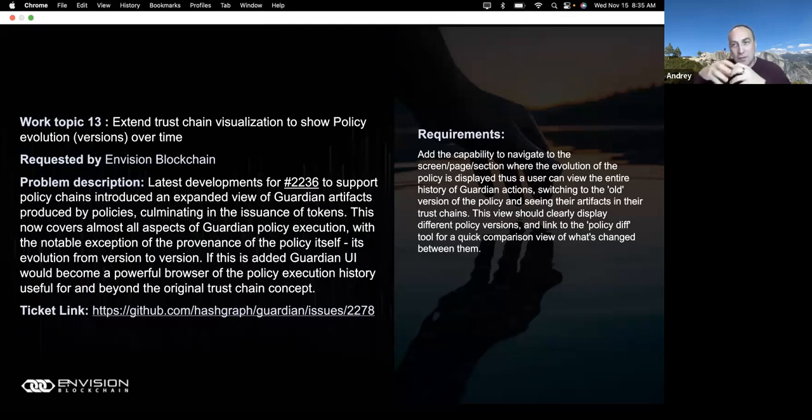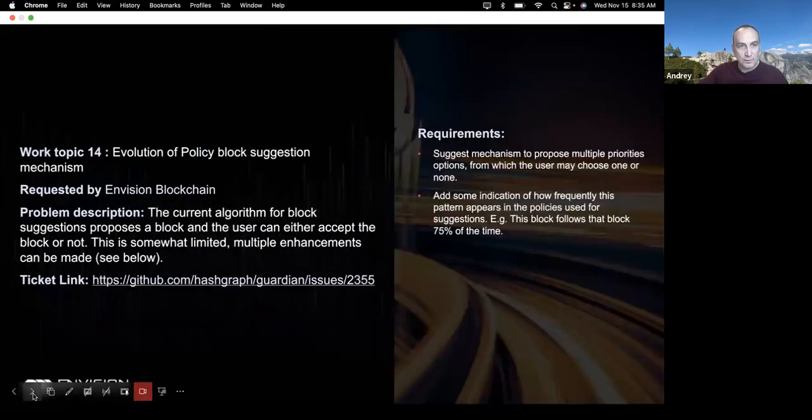And the evolution flow can be quite complex now. You can have a policy, then the policy version changes maybe substantially, maybe the next version introduces policy chain, for example. All these permutations need to be supported by the trust chain, and again, it's not a simple task. Thank you. Next one, please.